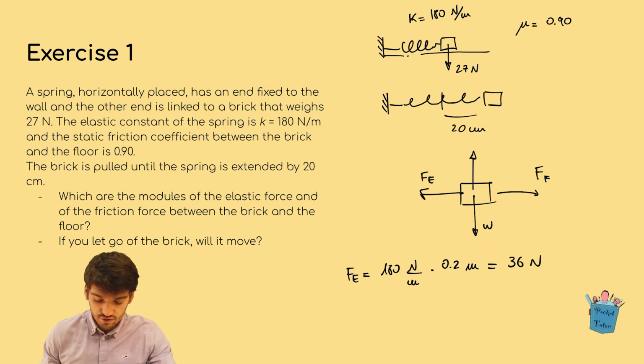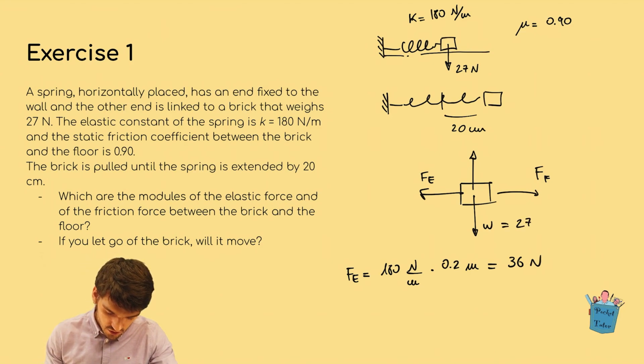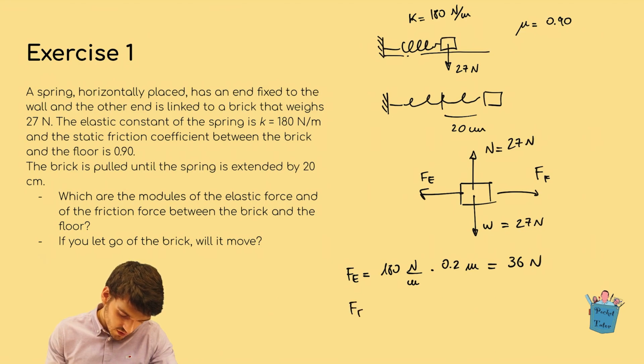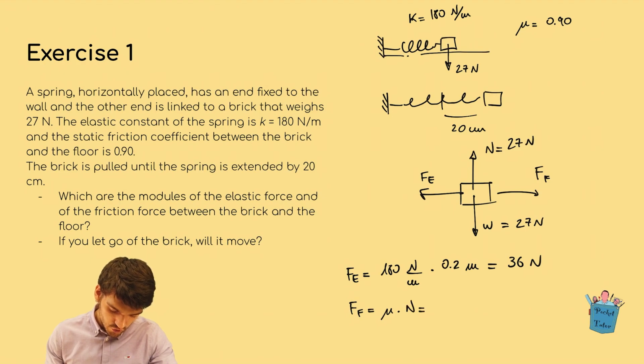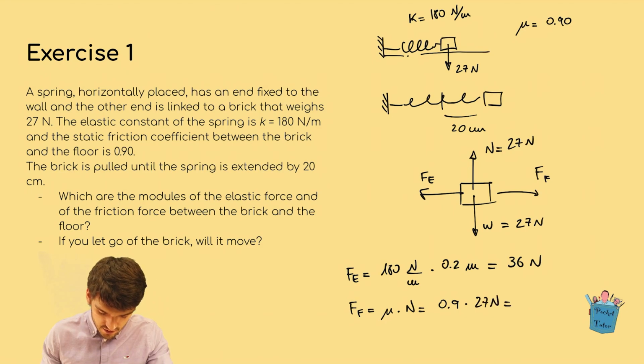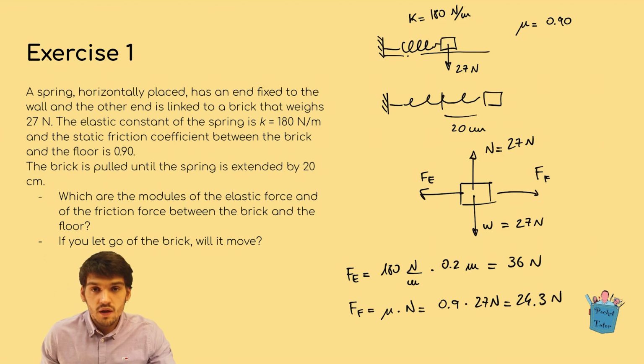We already know the value of the weight that is given by 27 newtons. This means that the normal force will be also equal to 27 newtons. Now the friction force is equal to the friction coefficient mu times the normal force, which will be equal to 0.9 times 27 newtons, and this is equal to 24.3 newtons. And this is the maximum value that can have the friction force. And this already answers the first question, since these are the two moduli of the elastic force and of the